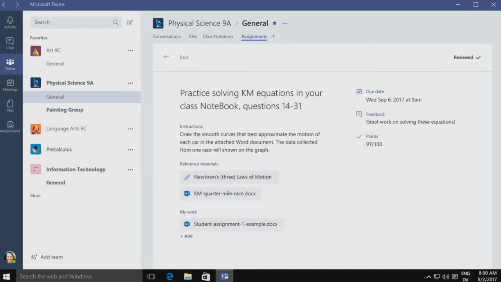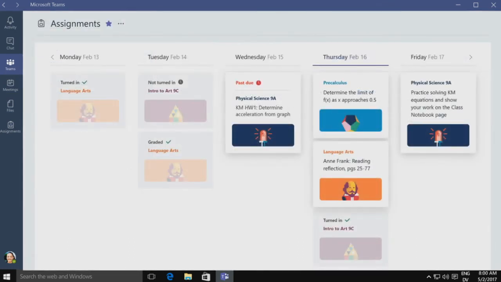Here I'm showing a screenshot of a team that's already been set up. We have the teacher logged in as a teacher, and there are a few classes that have been set up for her with data populated. So you have the conversations, files, class notebook, and assignments. Here I've moved to the assignment tab, and staying here, I can create an assignment that gets distributed to all of my students. I can set the due date for the assignment, and I can also attach some reference materials to my assignment,